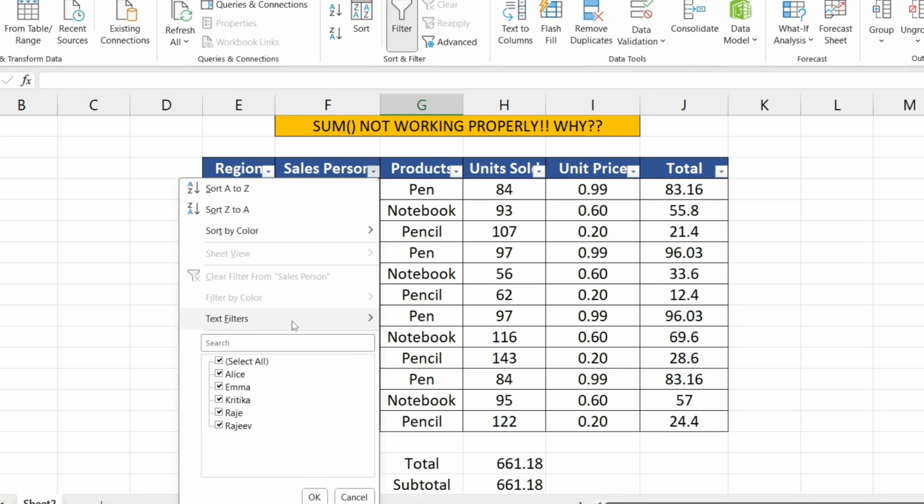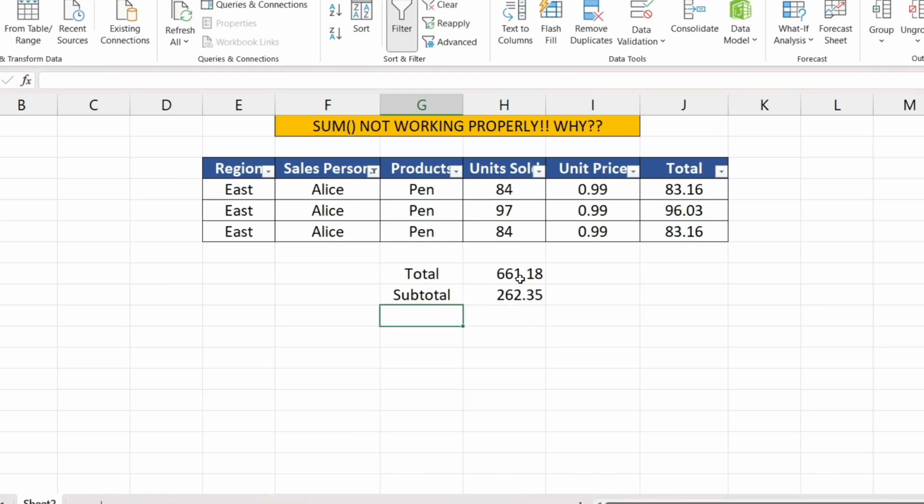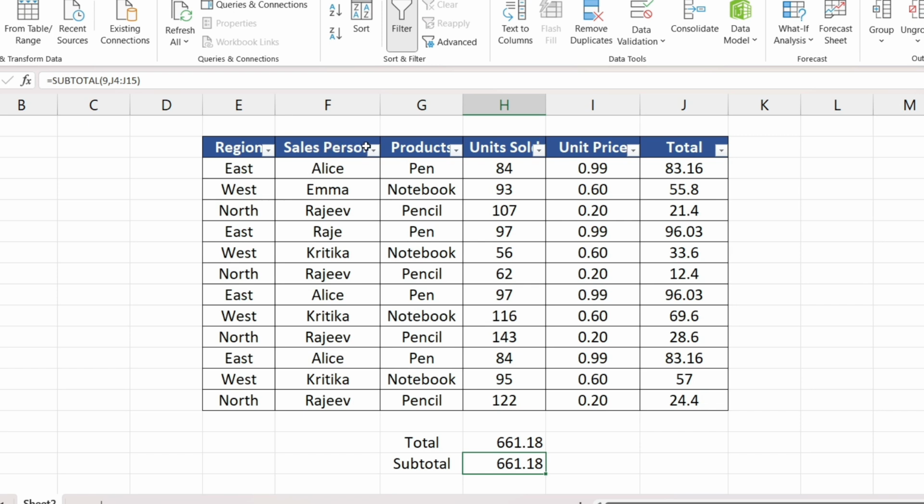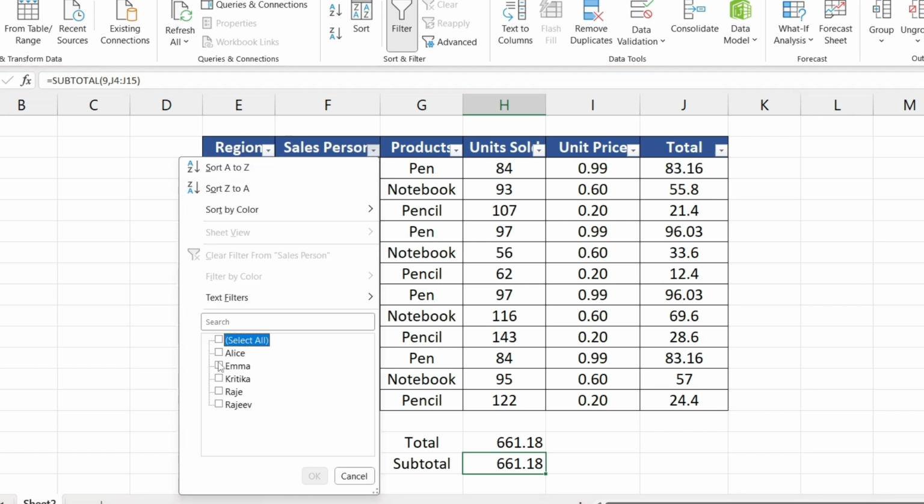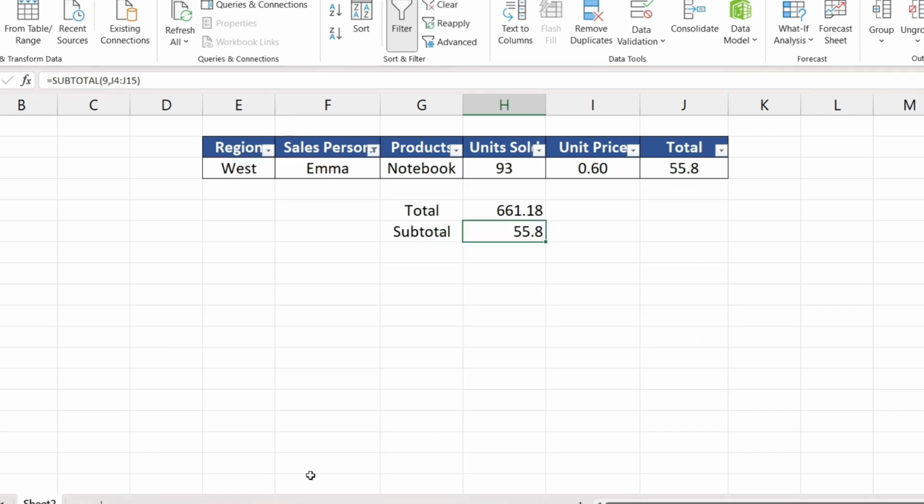Let's go to the salesperson and find the sum for Alice. See, it is working properly. Let's try it for Emma. Awesome. Since we have only one entry, we can see the subtotal is reflecting as 55.8, which